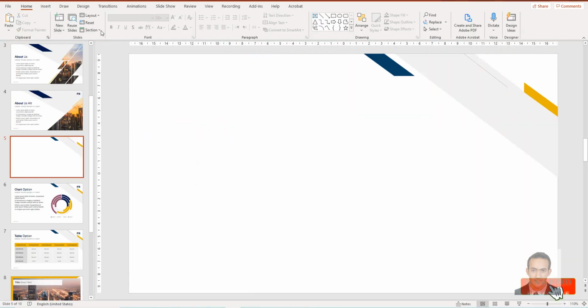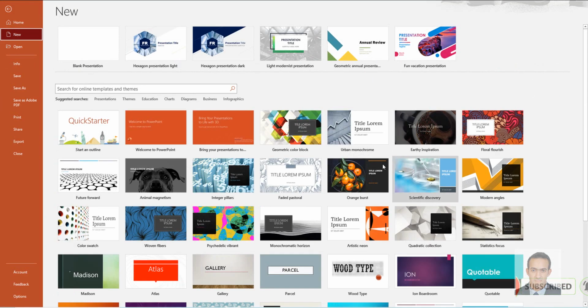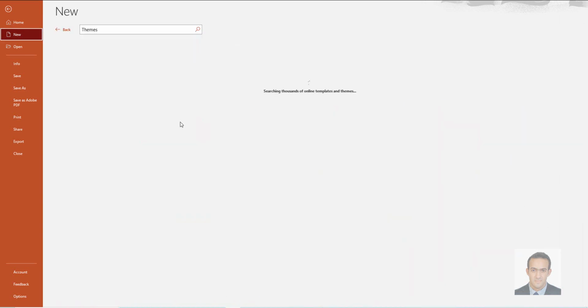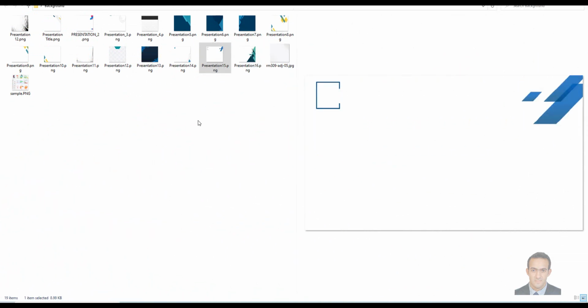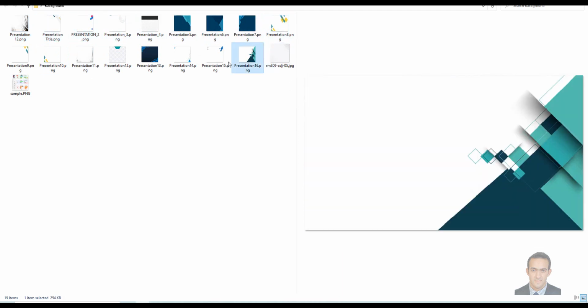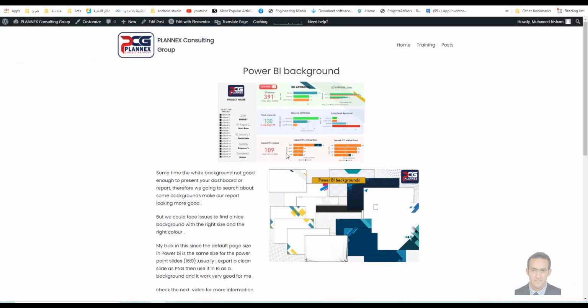You can repeat this with any theme if you want more themes, but as I told you, you have to make sure it's something light to be good. And now I'll shortcut some steps for you. I already extracted some backgrounds, as you can see around 18 backgrounds, and you can download them directly from Planix